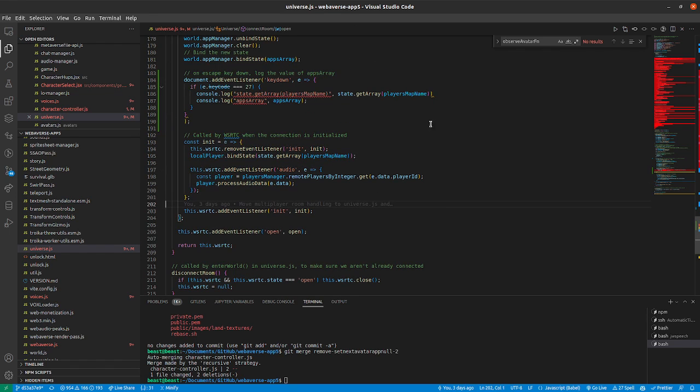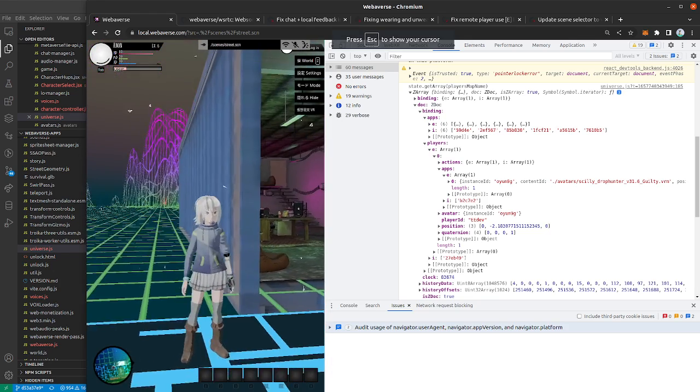So say, okay, great, we've bound everything, we've bound the world, now let's start sending our local player's data out and receive any changes back in. Then the last thing here for the initialization of multiplayer is audio. And that's just saying, hey, we got an audio message in, let's see who the player is that it's for, and then we'll send that audio buffer data to that player so that it plays spatially out of that player's mouth. And what's cool about Webaverse is that if you look at individual players,